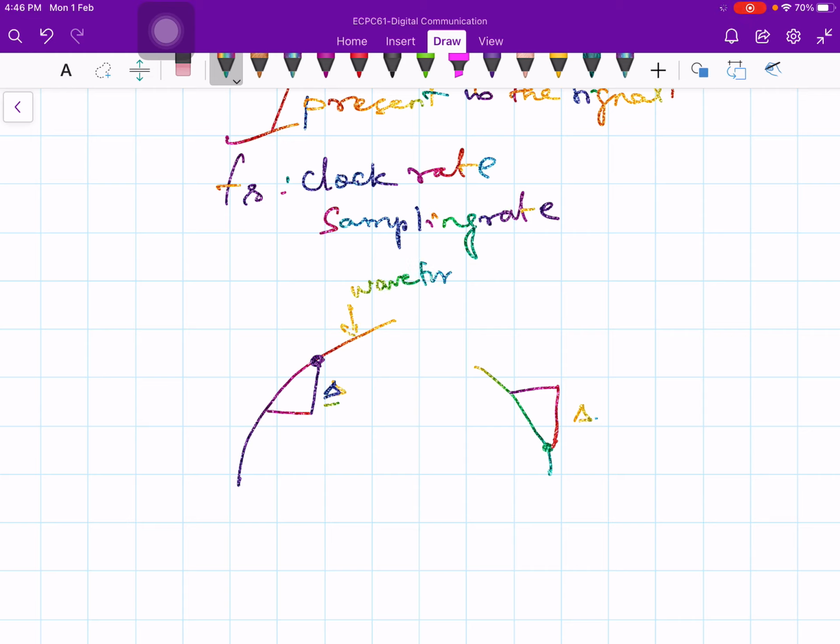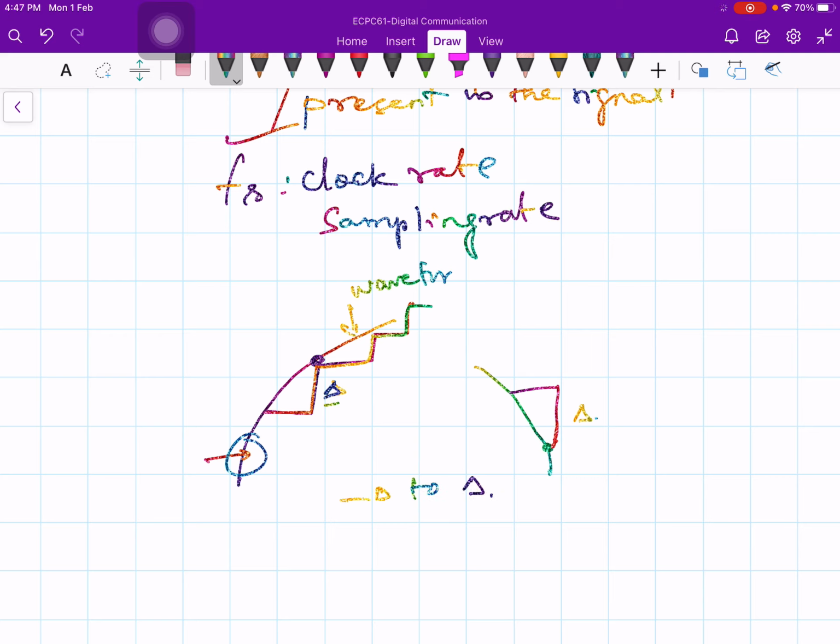So the waveform is being tracked, and you could be tracking like that. You just go there and again go like this. You keep on tracking the waveform. It goes like this, goes like this, goes like this, tracking. And that's why the error is from minus delta to plus delta.